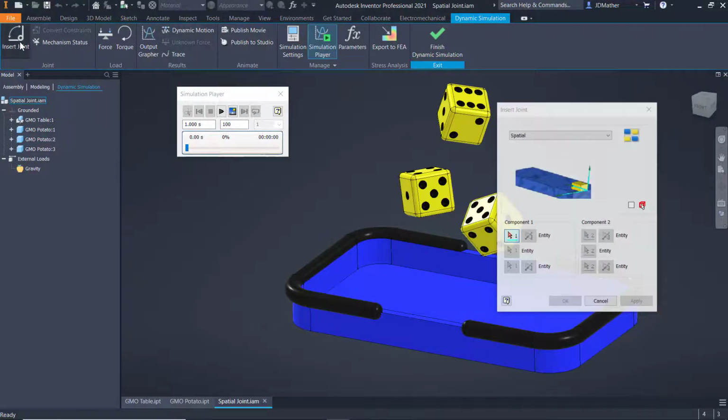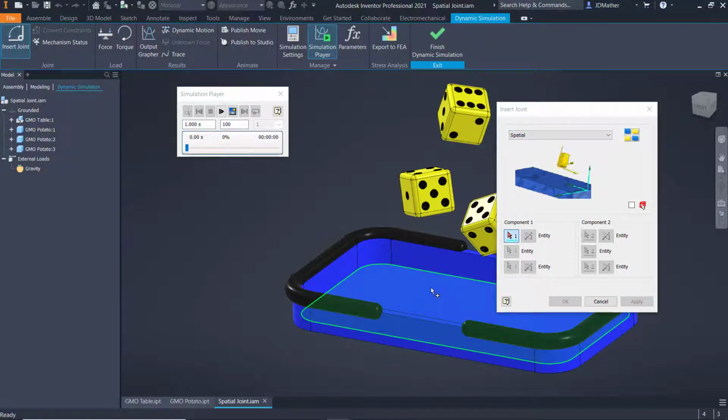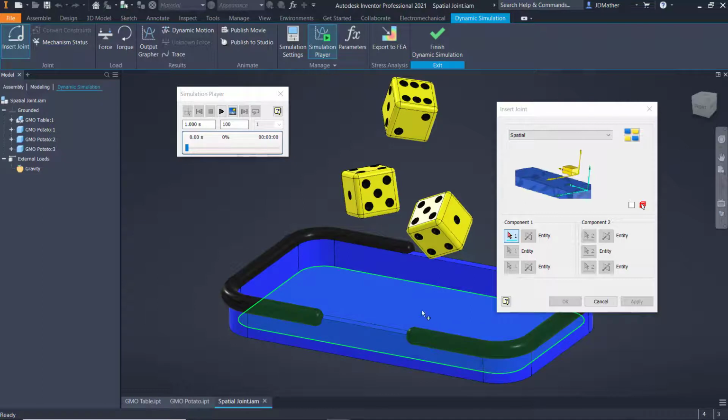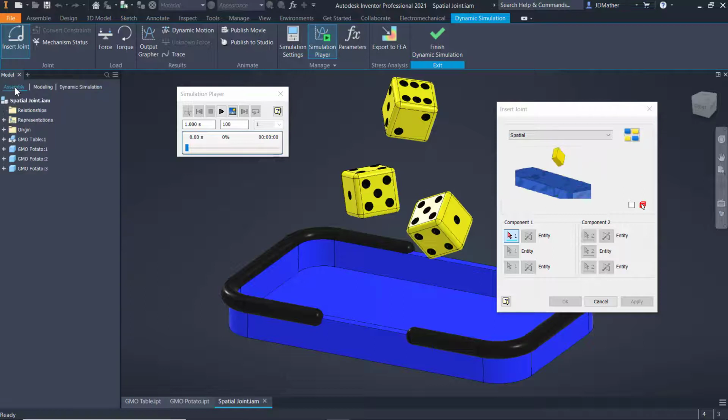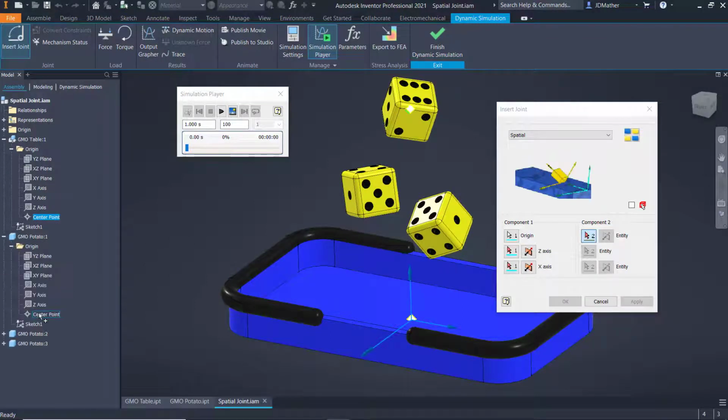So I'm going to go to insert joint and I'll do spatial, and it asks me to select component number 1. I could select this component anywhere. I'm going to do some trials going forward where rather than selecting part faces, I always select the origin geometry. So I'm going to go to the assembly tab and I'll go to the table and I'll select the center point of the table, and then I'll go to my second component and I'll select the center point of the first potato. I'll apply that, and then I'll go back and get the center point of the table again,